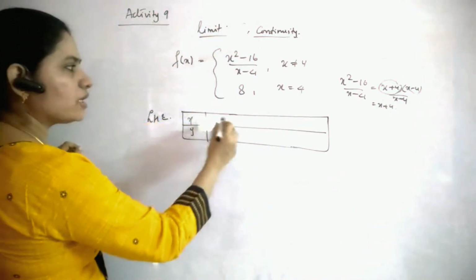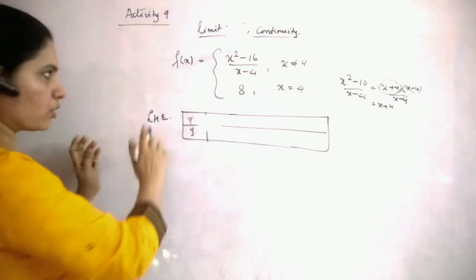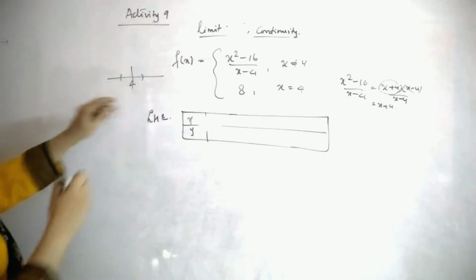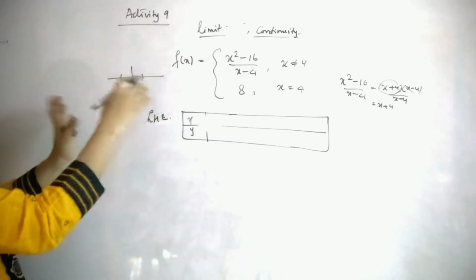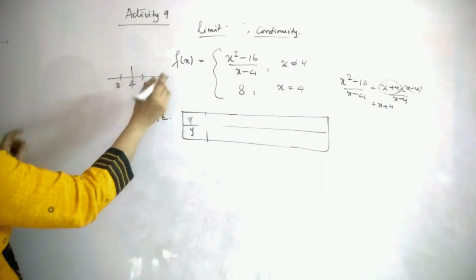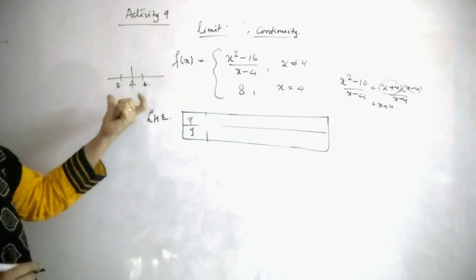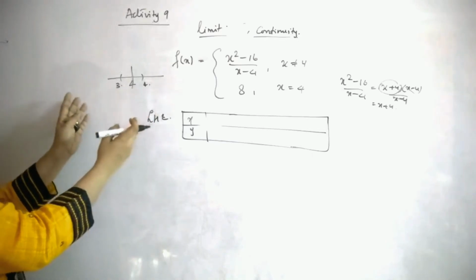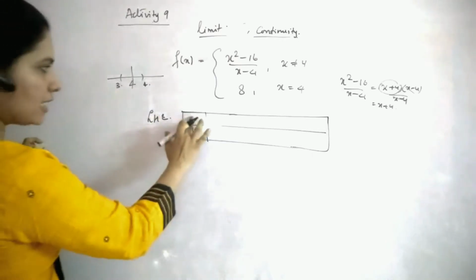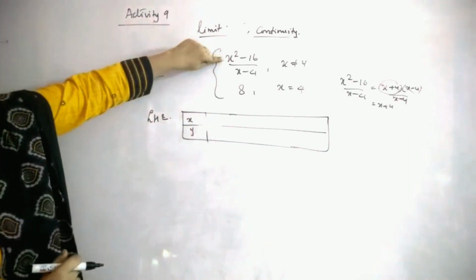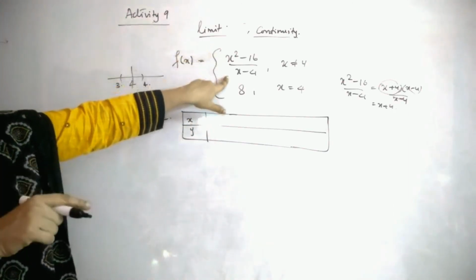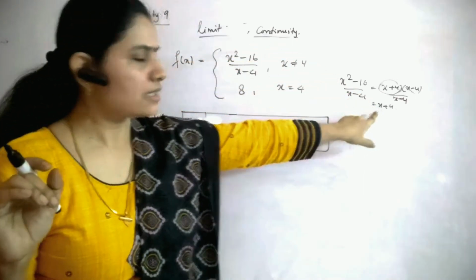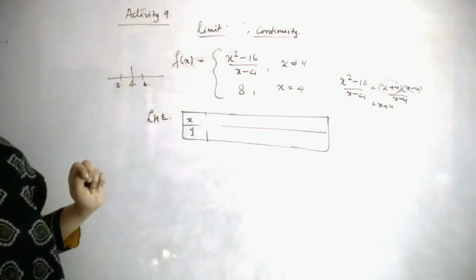That means whatever points you are taking nearby to the left side of 4, you have to take the neighborhood of 4. So 3.9, 3.99 like that you will take the values, and on the right you will take 4.1, 4.01, 4.001, coming nearer and closer to 4 as you choose the values of x. Placing each value and finding the result is a tiring process, that's why they have said that you can use a calculator. But if we reduce like this, you can just add 4 and get the values of y or f of x.